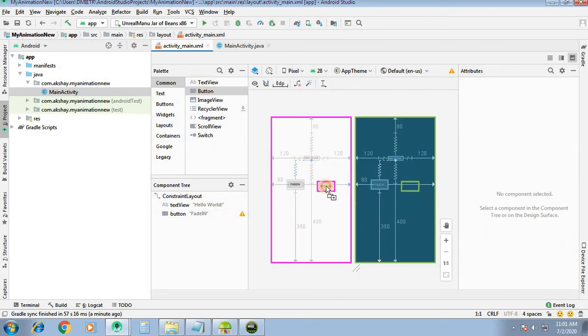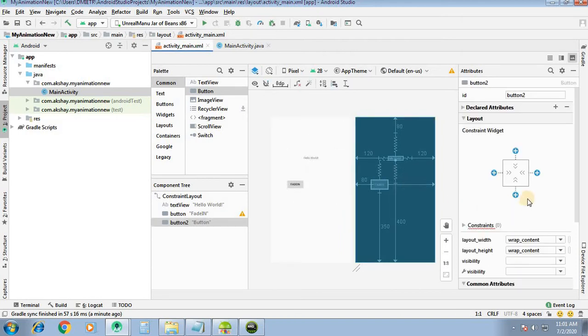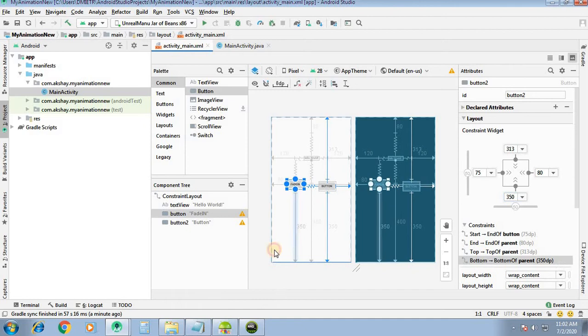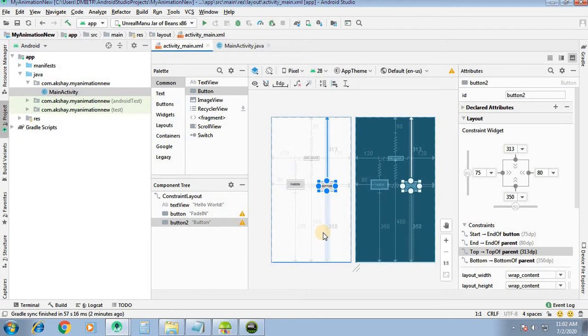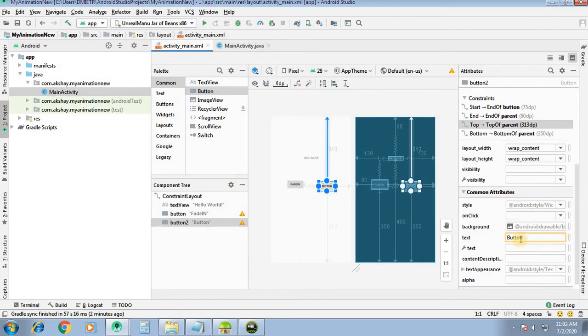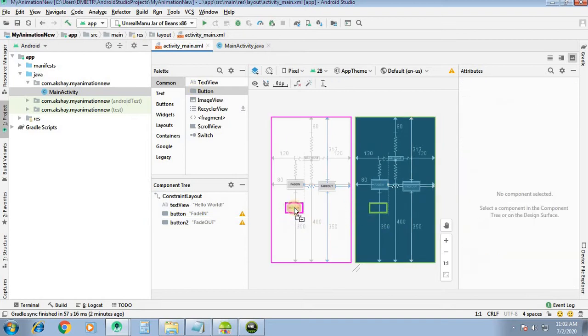Similarly the another button, add 0. Okay, so here the fade out. Fade in, fade out.